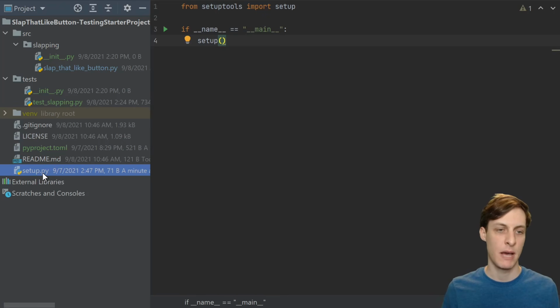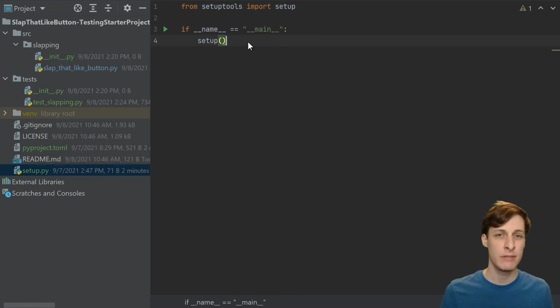Next up is setup.py. Setup.py used to be the place where you put your installation script. It would do everything that you needed to do in order to install the Python package. So you can run arbitrary code inside of your setup.py file since it is a Python script. And this is seen increasingly as a security risk. And so more and more of the code is being stripped out of the setup.py file and put into one of these other configuration files. Even though it's basically empty, this exact file is what's going to allow us to install our package in editable mode, which will be important later on.